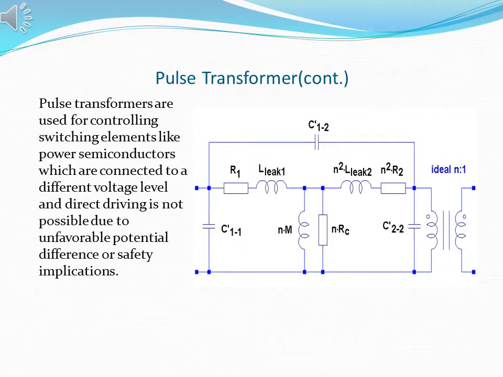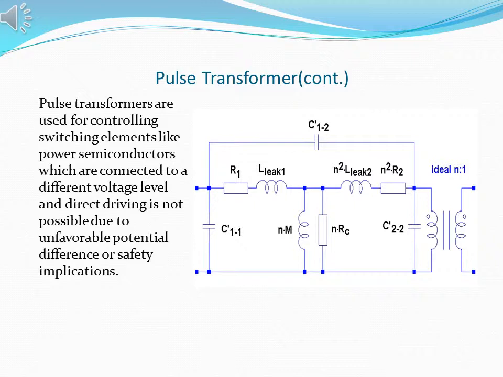These parameters can be included in the equivalent circuit as shown in the figure, where N is the turn ratio of the transformer, R1 is the resistance of the primary winding, R2 is the resistance of the secondary winding referred to the primary side, RC is the resistance representing the core loss, Lleak1 is the leakage inductance of the primary winding, Lleak2 is the leakage inductance of the secondary winding referred to the primary side, M is the mutual inductance,